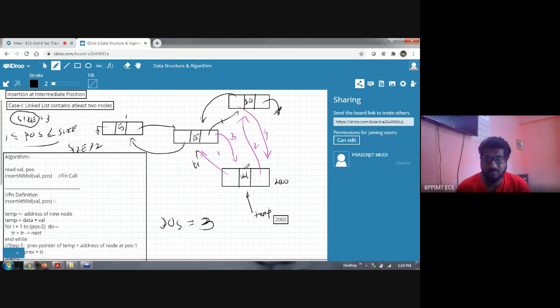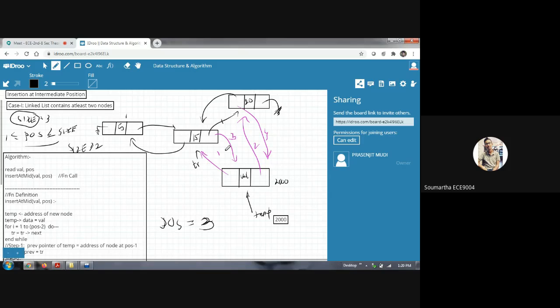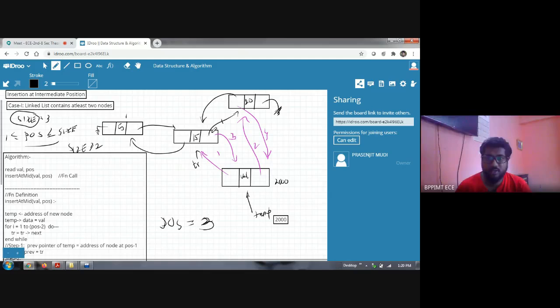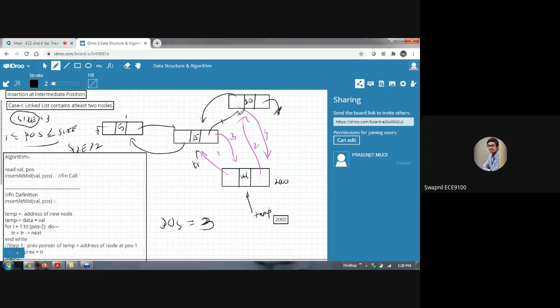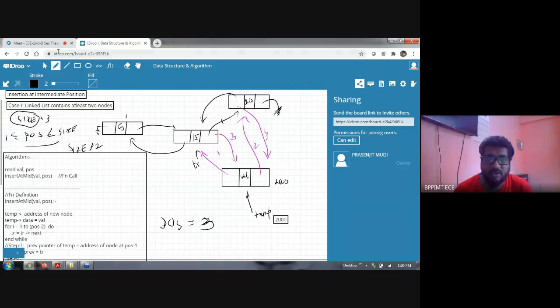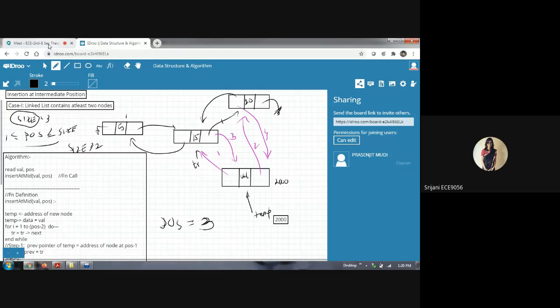This connection was lost, but this is not yet lost. So tr to next to next. Tr to next means this. Tr pointing next, pointing prev. Anyone? Sir, temp pointing next pointing to